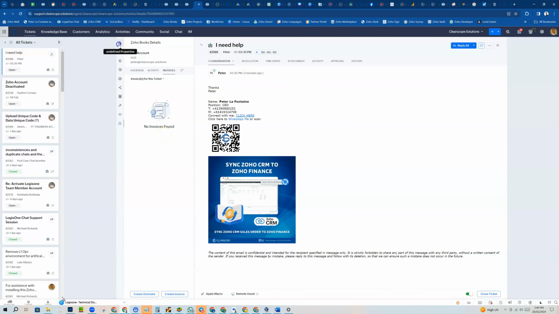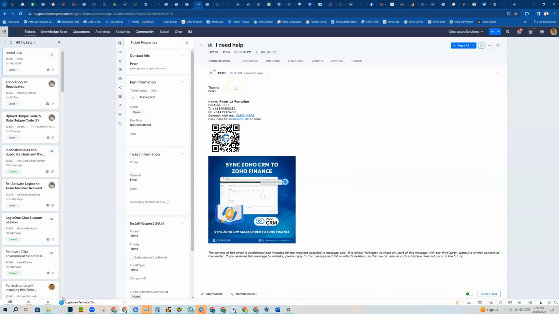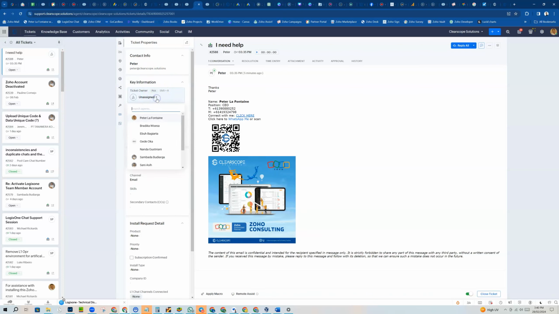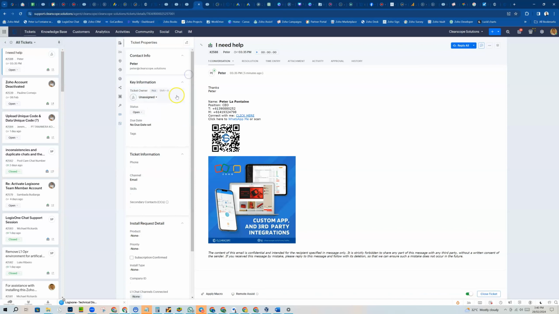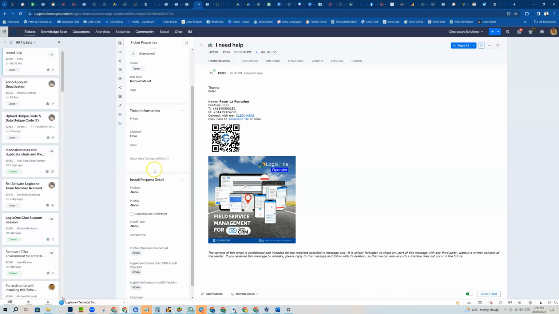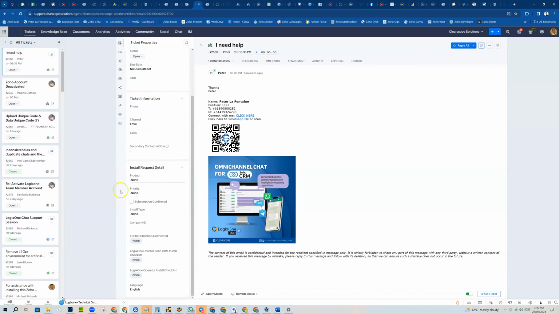If we go back into the main body, you can see we've got the contact information at the top, and who the ticket owner is. From here I can change that, so I can drop that down and associate it to somebody, but I'll leave that for the moment. Change the status. All of these fields are editable, so you can create different statuses and so forth. You can set a due date, more ticket information, and here we've got some customized fields that you can apply